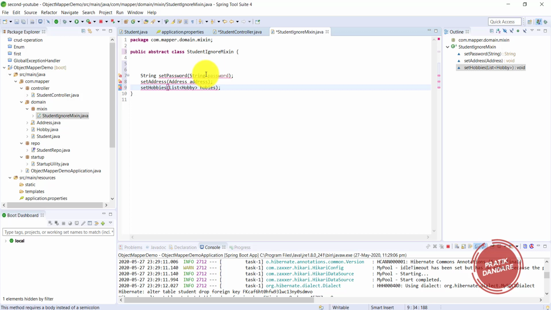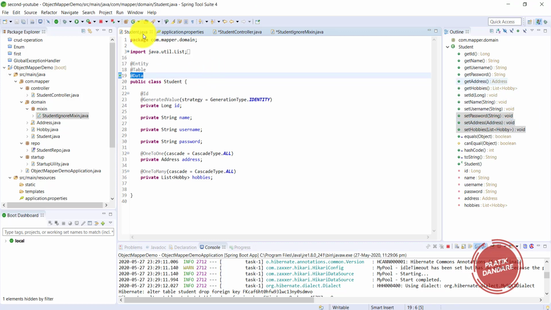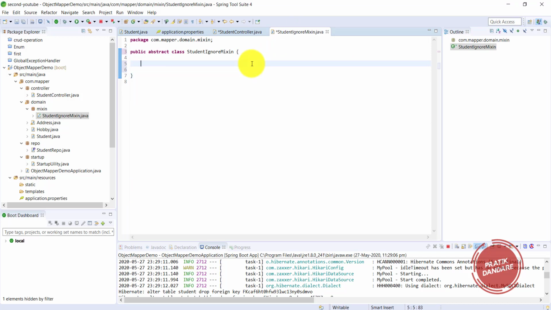Okay, so actually I copied a set. I need a get. Sorry for that. I need to remove that code and copy the same old code again. So it is get username. Sorry, I need get password, get address, get hobbies, not a set. Remember that. Okay, sorry for the mistake.